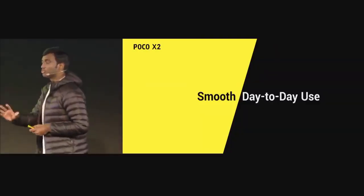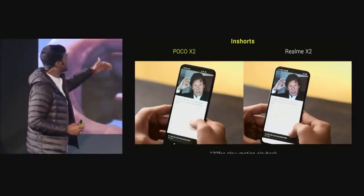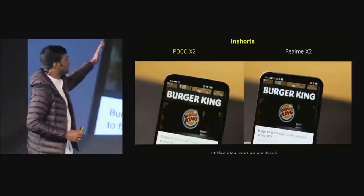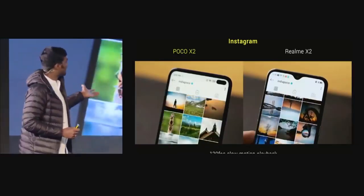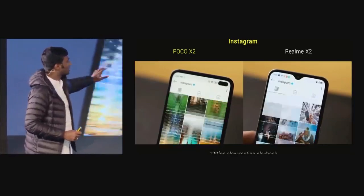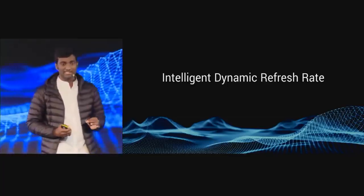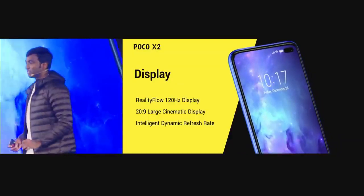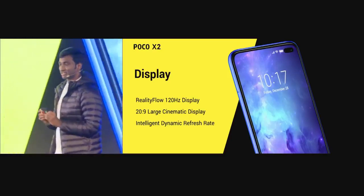Let's talk about smooth day-to-day usage. Again, Poco X2 compared with Realme X2. We are using the InShot app. Just see the way it moves. It flows. Whereas on Realme X2, there are a little bit of jitters. Now let's take a look at an app like Instagram as well. Very smooth on Poco X2. On Realme X2, in fact, there's even a problem with the loading. So that's display, guys. Reality Flow 120 Hz display, 20:9 large cinematic display, and intelligent dynamic refresh rate to keep